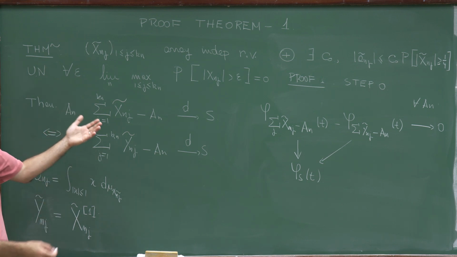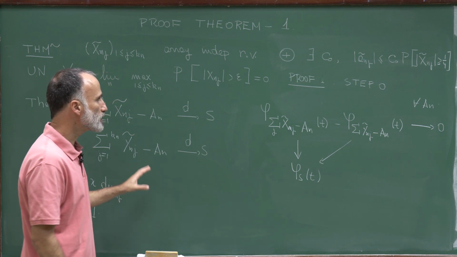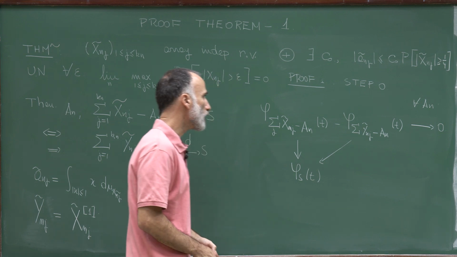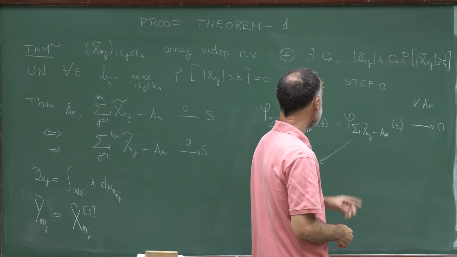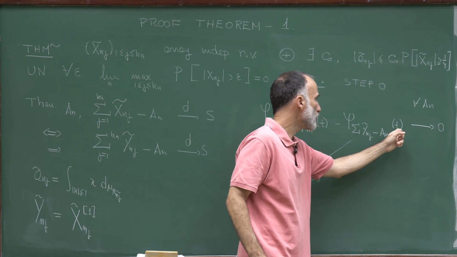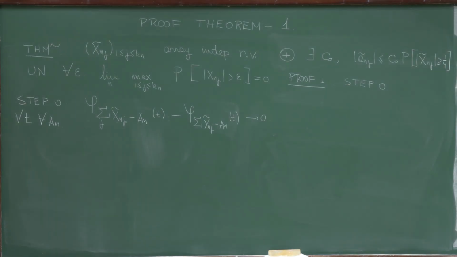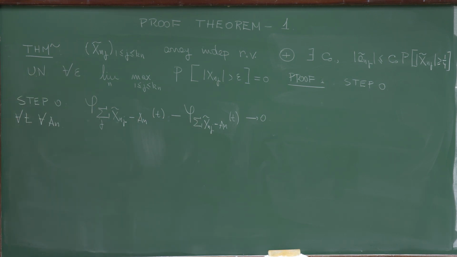And the proof of the second direction is similar. So indeed, if we want to prove this theorem, it's enough to prove that this expression converges to 0, whatever sequence a_n we choose, and we need this convergence to happen for all real numbers t. So in step 0, we proved that it's enough to show that this difference goes to 0 for all t and all sequences a_n. So now, in step 1,